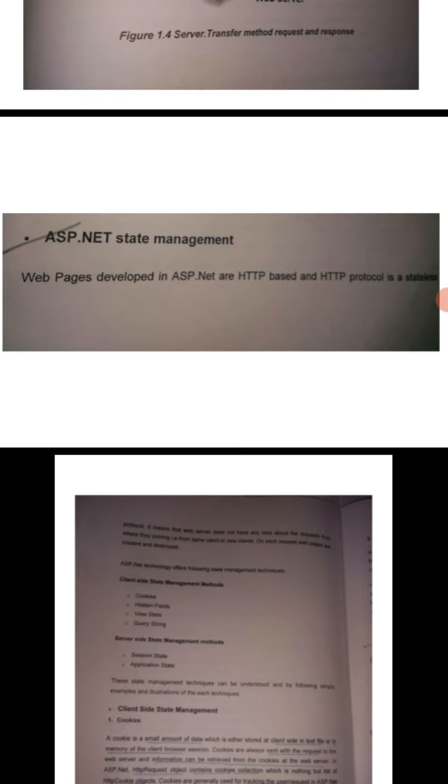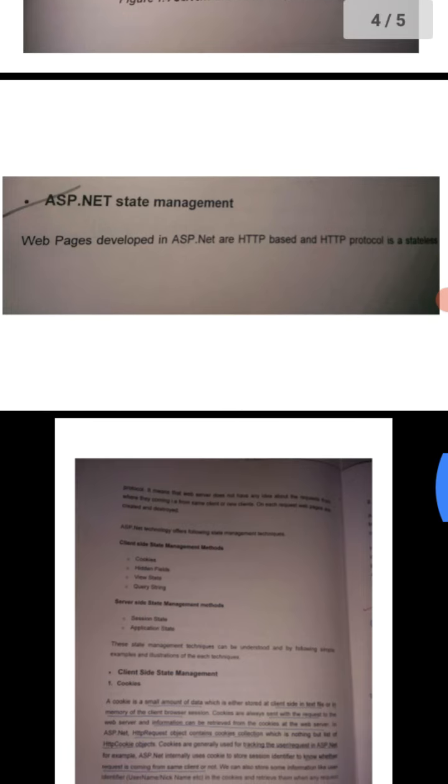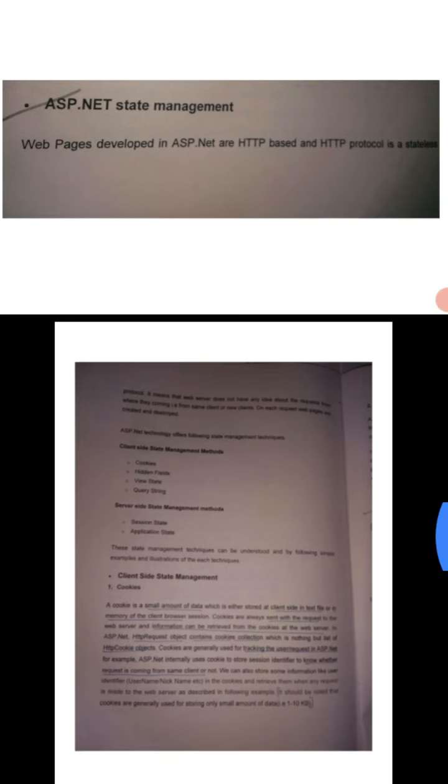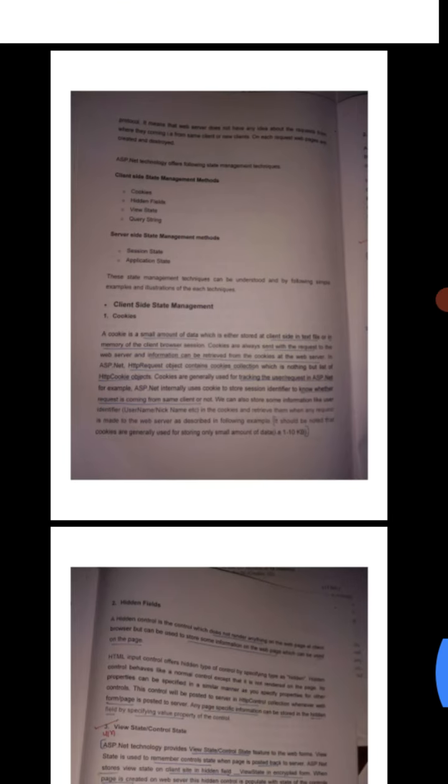ASP.NET state management. Web pages developed in ASP.NET are HTTP based, and the HTTP protocol is a stateless protocol.